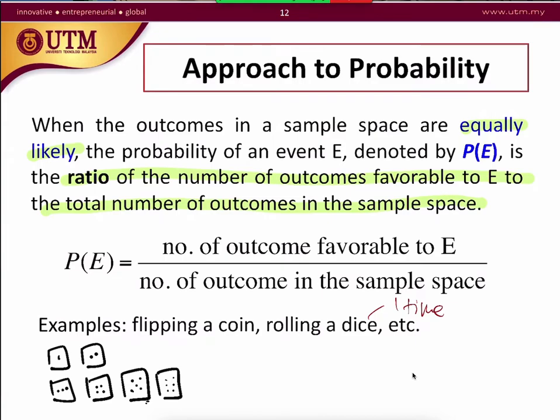So in that one time, there is one probability that we will get 1, and one probability that we're going to get 2. So from our sample space, we actually have 6 possibilities. The total number of outcomes is 6, because we have 6 different outcomes that might happen.